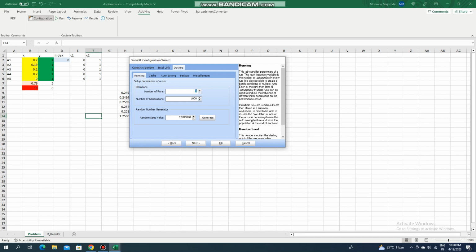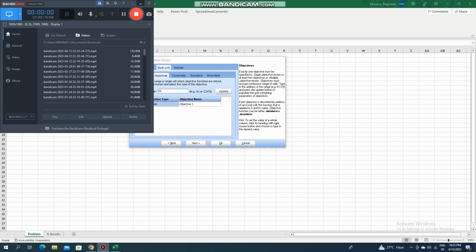And again you can change this in number of iterations also, or number of generations also. And random number generator means from which value the optimization will begin, because this is the basic difference between a heuristic optimization and linear optimization or non-linear optimization, where the beginning and finishing point is fixed. But in case of